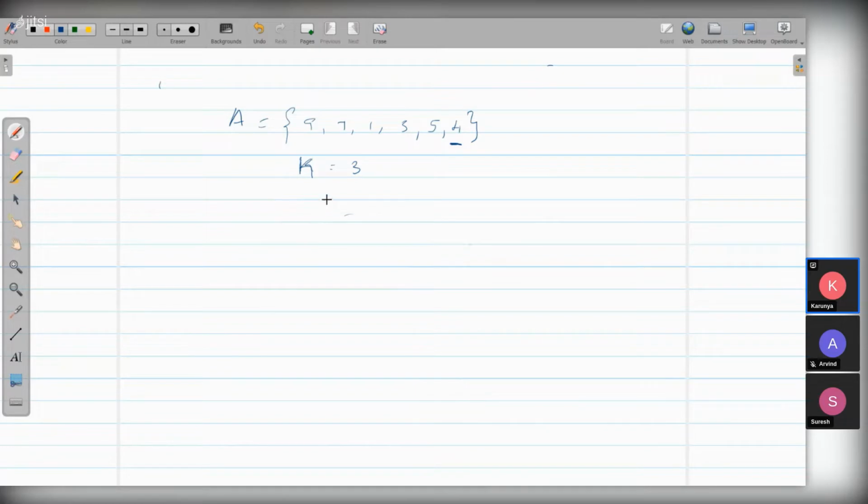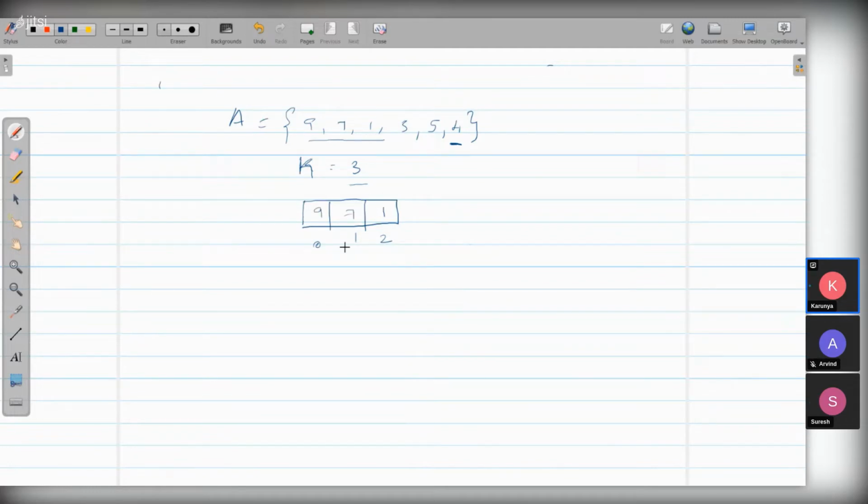Previously, in min heap we used to create the min heap for all n elements in the array. But here, since we have to find only the third element, we are going with 3 elements, 0, 1, and 2, randomly taking the first 3 elements,